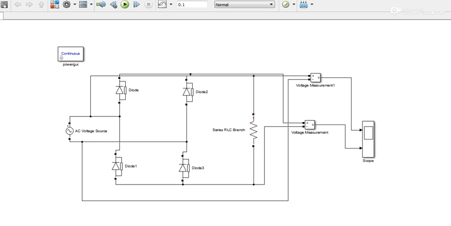So in this session, we have made a bridge rectifier. Okay, these are the diodes. How many diodes do we have? We have 4 diodes. So how this works, I will discuss theoretically and analytically. Okay, what we have done, let us see.